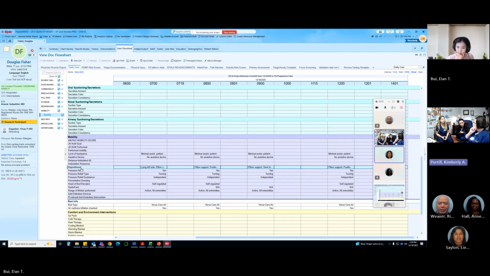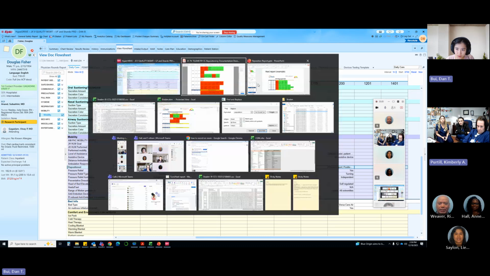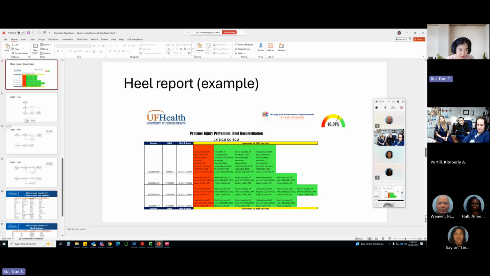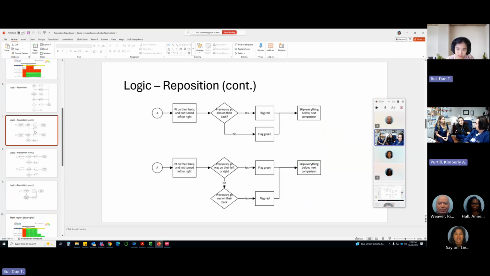I see. Is there an option off of reposition where it says not applicable? If you could ask your nurses on the floor to put it in a comment, because you see this logic says it's not an option.